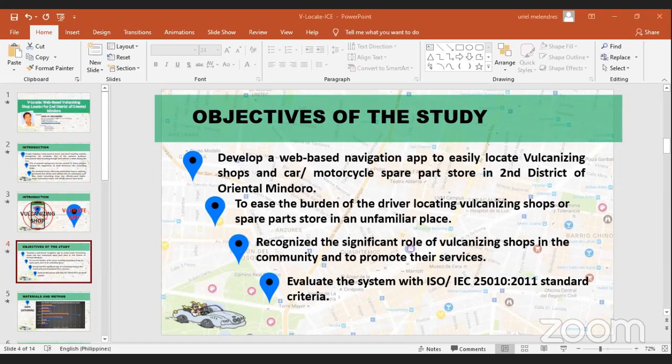Sorry po, hindi ko masyadong marinig. What were the results? What were your findings? Yung to ease the burden of the driver. Recognize the significant role of vulcanizing shops. Yeah, what were your findings? Yung actually, to ease the burden, we don't have